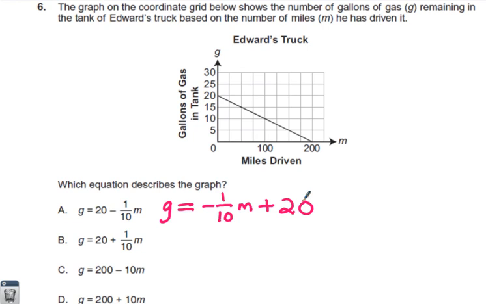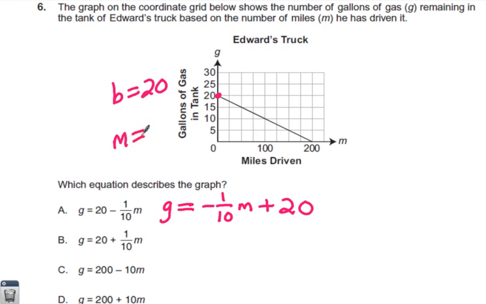Okay? All you really want to do in this problem is match the correct equation to the graph. Now, if you can look at this graph and go, hey, it looks like 20 is my y-intercept, and therefore my b value is 20, and you could figure out your m value, but